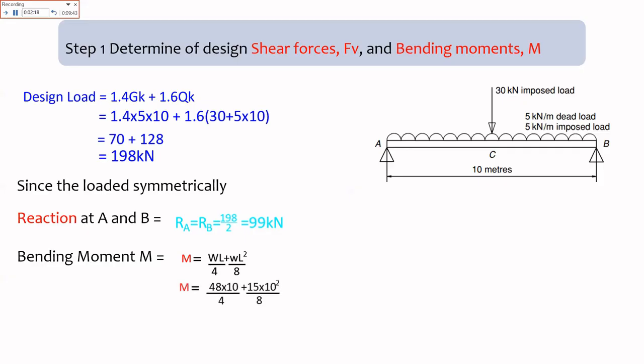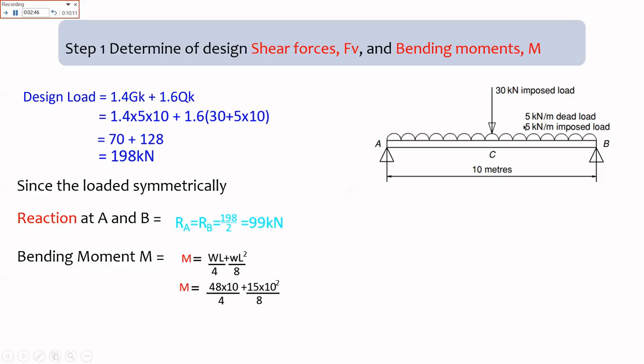How have we gotten 48? 48 is 30, the point load, times 1.6. Remember, this is the imposed load, so the factor of safety is 1.6. With 30 times 1.6, you get 48. L is the span, which is 10. Then this 15, how have we gotten this 15? It is 5 times 1.4